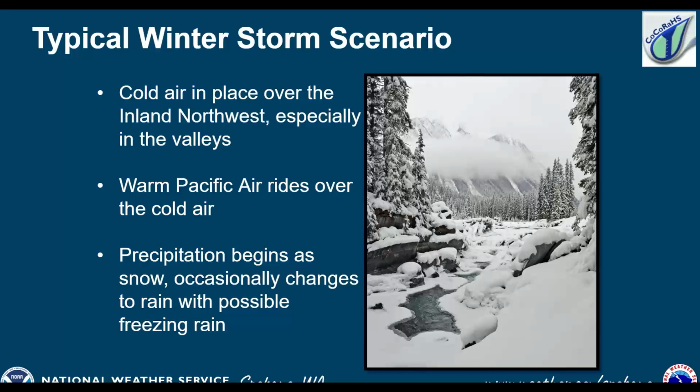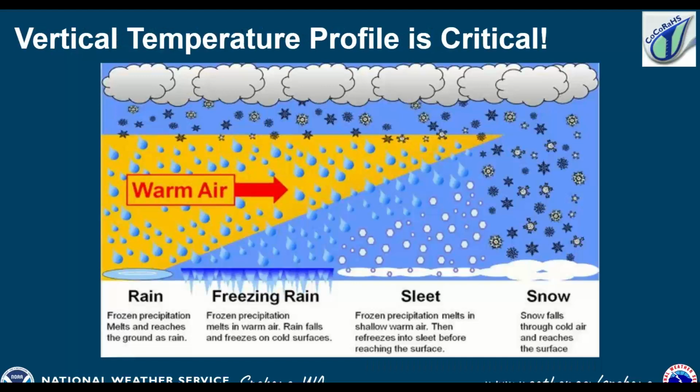And we see this warm air starting to ride up into the region. And then we get the clouds moving in and then precipitation falling. And we can see quite an array or range of precipitation in our area based on what the temperatures are doing. So the temperatures are key to what type of precipitation is falling. Temperatures not only at the ground level, but all the way through the vertical profile of the atmosphere.